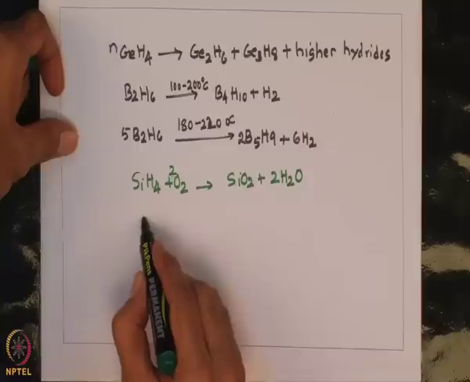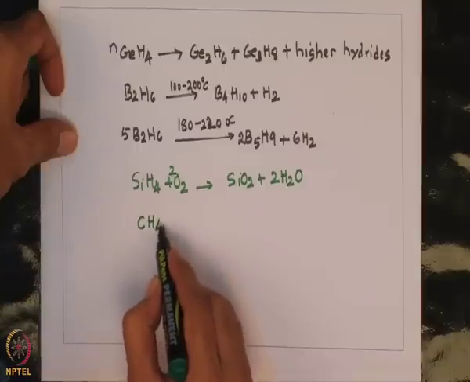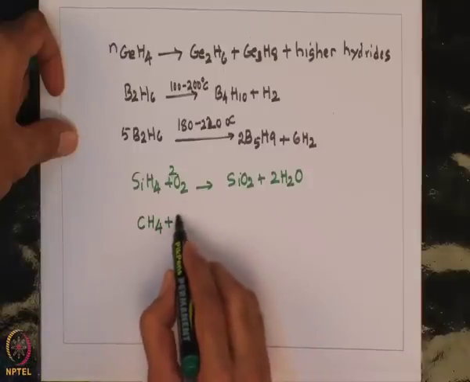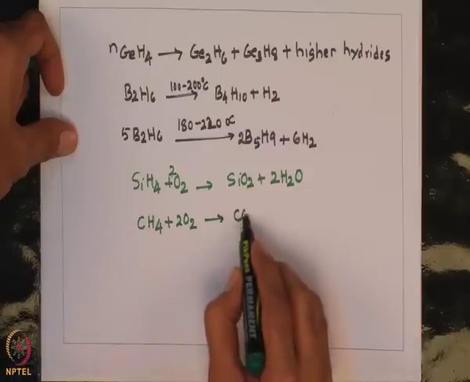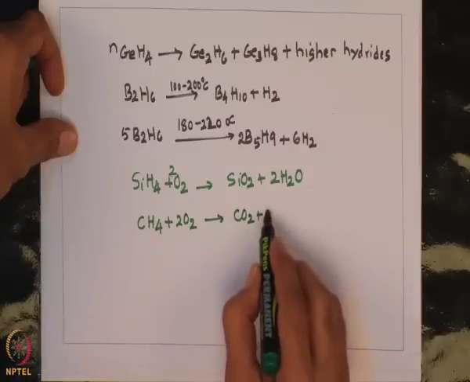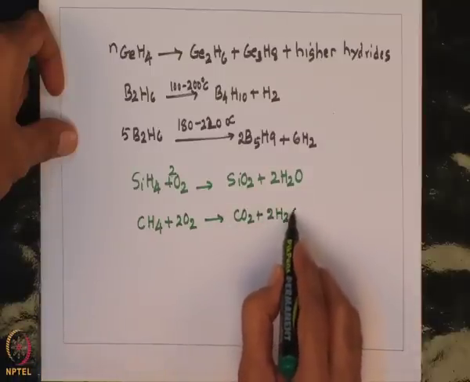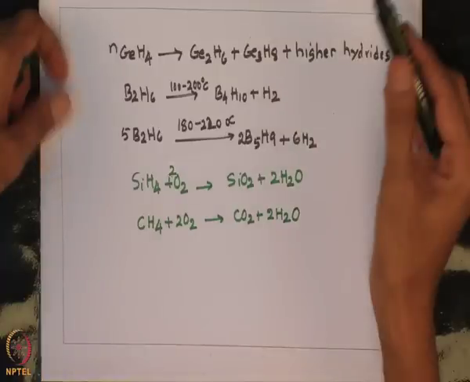Similarly, methane, when it is burnt with oxygen, forms CO2 plus 2H2O. That shows the reactivity of p block element hydrides. SiH4 reacts with oxygen to form silica with the liberation of water, and methane also reacts with oxygen to form